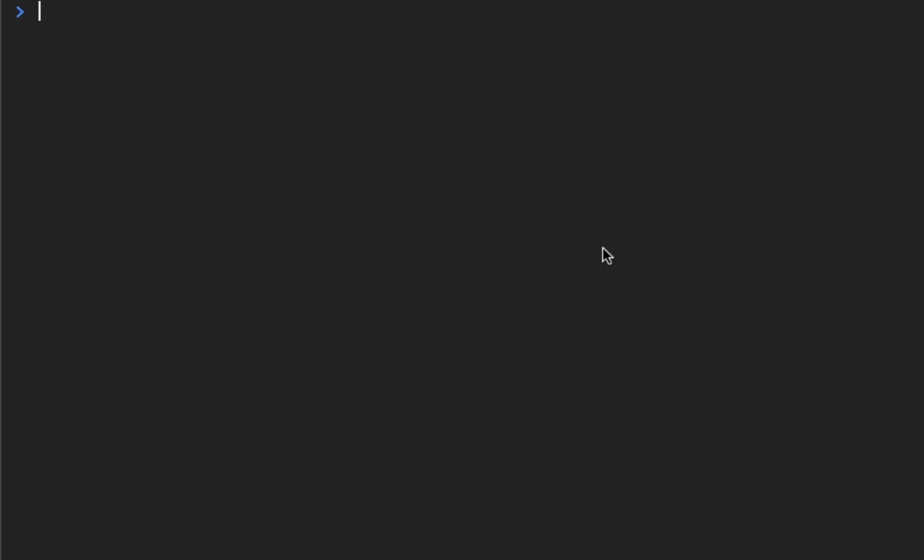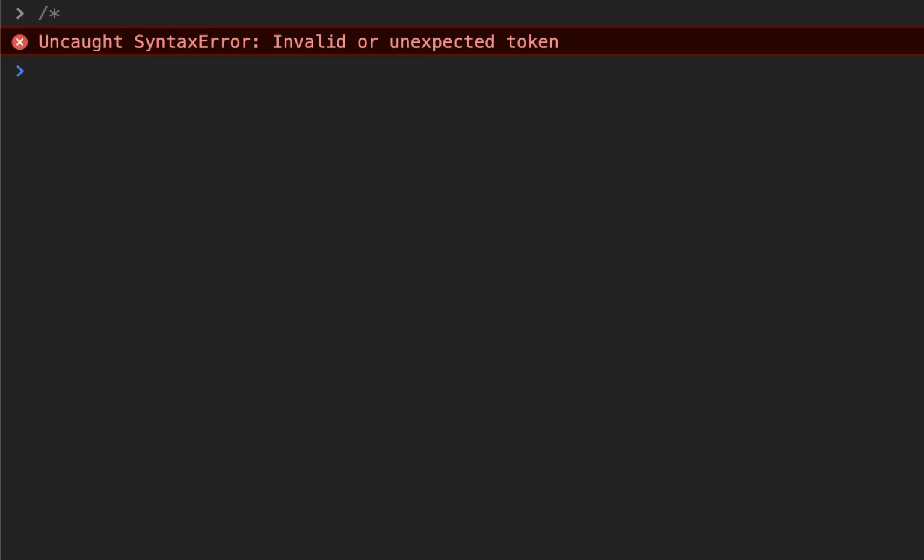You remember comments in HTML were like this. Comments in CSS were two forward slashes, and the same is true in JavaScript. This is a comment, and it does the exact same thing as it did in HTML and CSS. It lets you document your code, but it doesn't actually run. So the compiler doesn't do anything when you're writing a comment. You can also write comments with a forward slash and a star, and that allows you to do multi-line